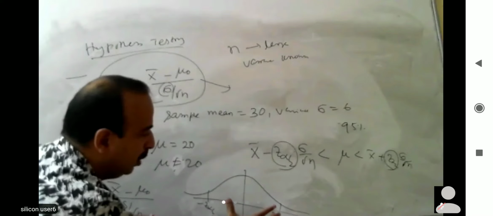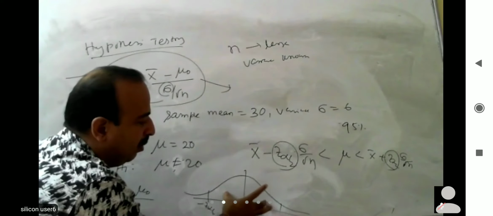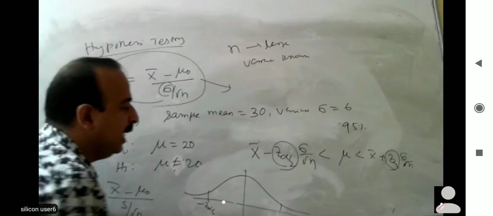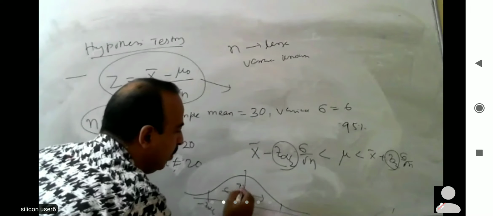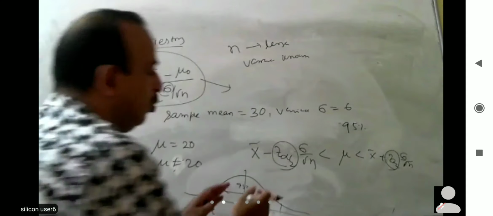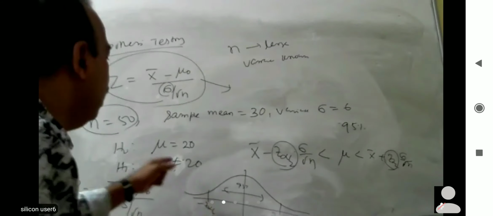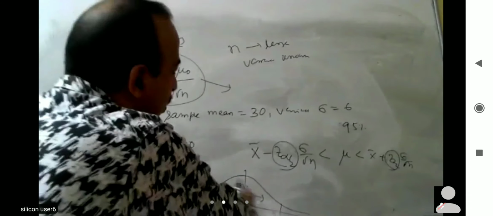Now, the relationship between hypothesis testing and the confidence interval comes from where? From the two tail. If it is a two tail, then easily you can find it. See the figure for two tail. This is the confidence interval. If I say the 95% interval, this is the 95% interval from minus Z alpha by 2 to plus Z alpha by 2. That's why the relationship between hypothesis testing and the confidence interval comes from the two tail. According to the figure, we get this.